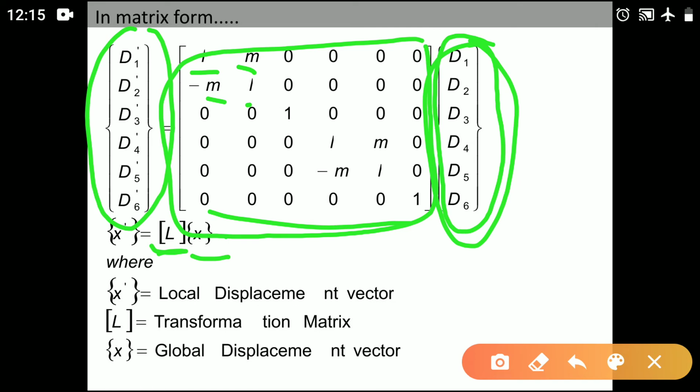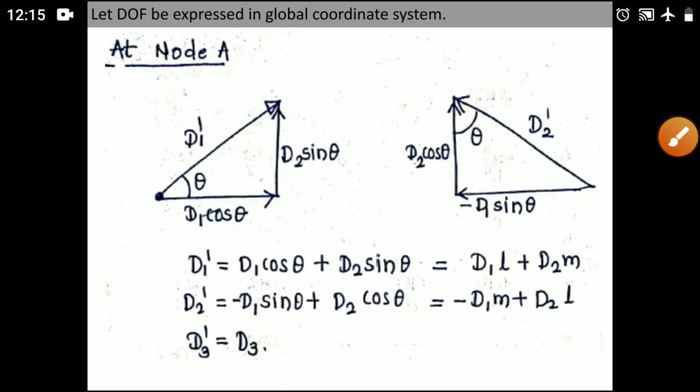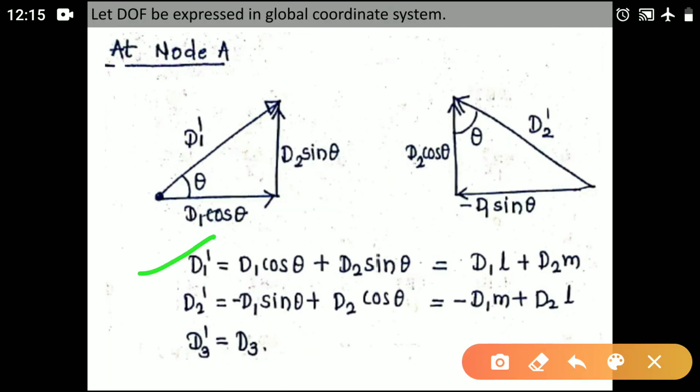Now let us see how these are written. So very first equation, suppose we will take this first equation, second equation and third equation, we will see for this one. So d1 dash is equal to coefficient of d1 L, coefficient of d2 is M, plus if we see up to number 6,